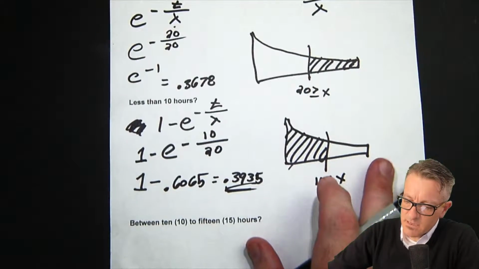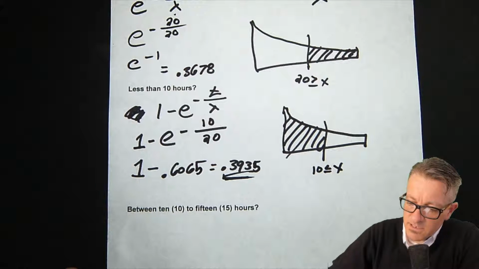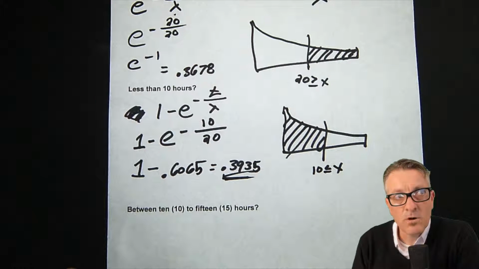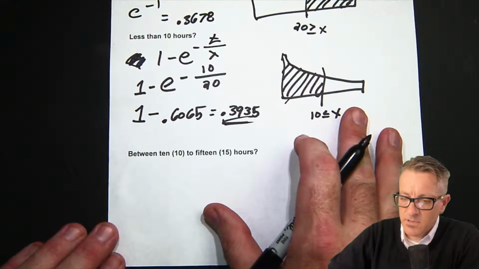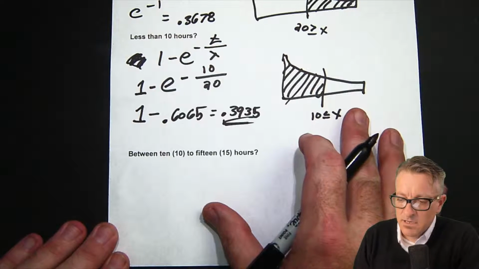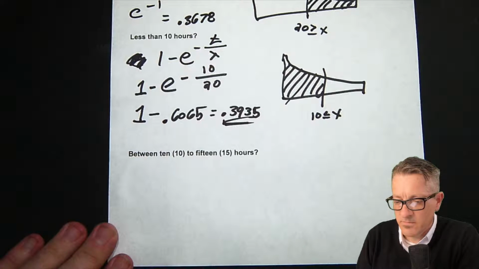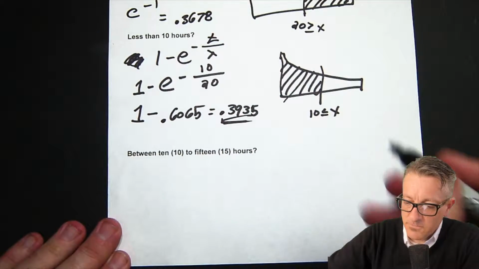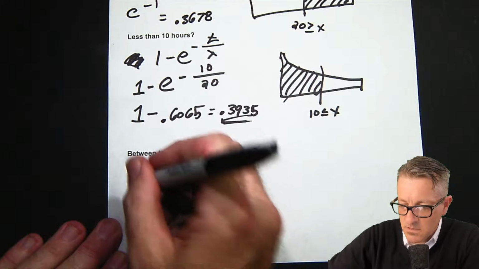Okay, so let's take a look at the in-between one. The in-between one is a little bit more tricky. There are a couple of ways you can do the in-between calculation. I think this is the simplest way, but you can do it other ways, with subtracting some kind of inverse of what I'm going to be doing right here. The way I'm going to show you is easiest. It seems a little unintuitive, but this is the way you do it. For between 10 and 15, you do e